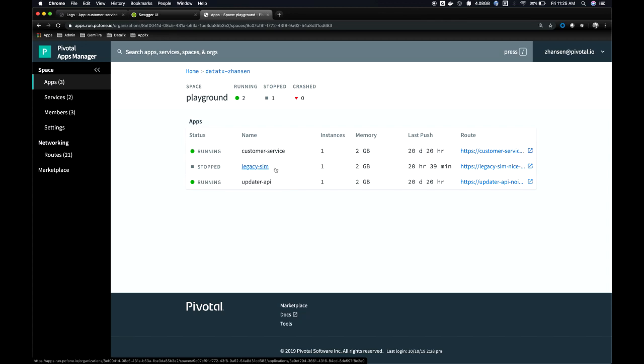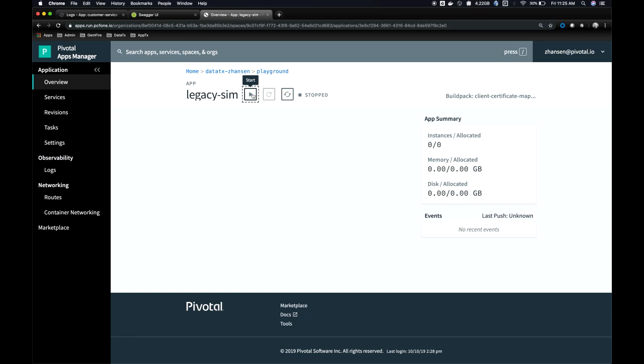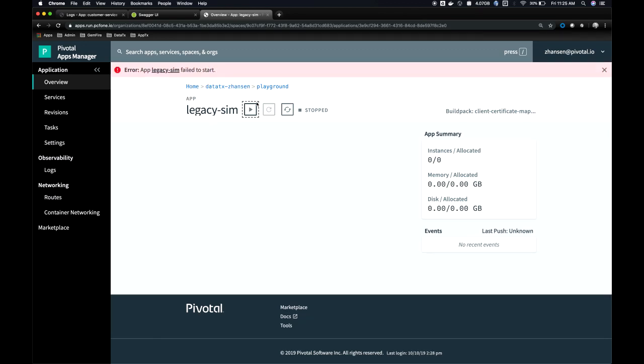So in order to simulate legacy applications here, we chose to actually run this within Pivotal Platform. This could also be running outside in your legacy environment. And our data is going to be sourced from a file. So let's go ahead and get this started while we're here. And while that's starting,